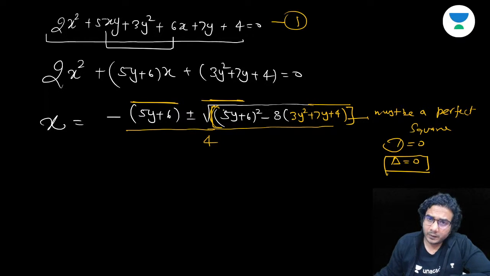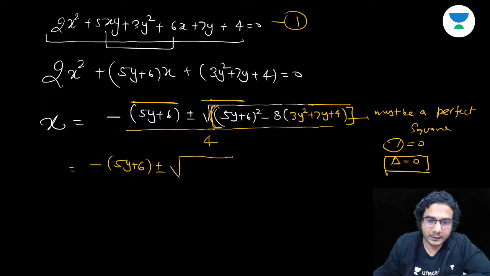Now in this case, it will automatically be a perfect square. You don't need to do anything. You don't need to check the discriminant or anything. So let's keep doing it. It is going to be a perfect square, and we are going to separate the lines easily. Plus minus of. Now let's write it.